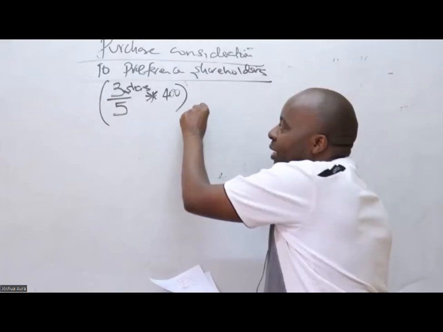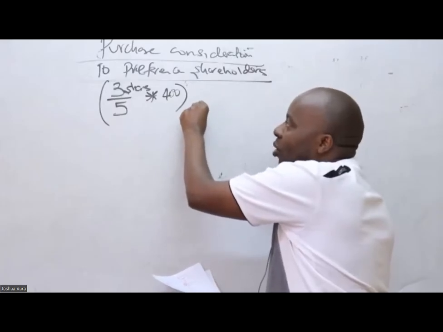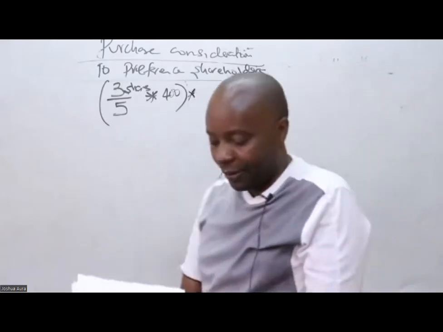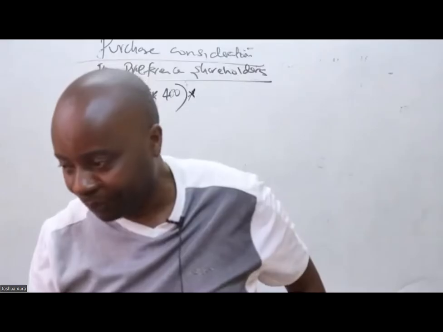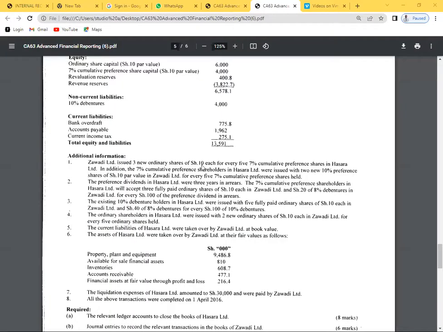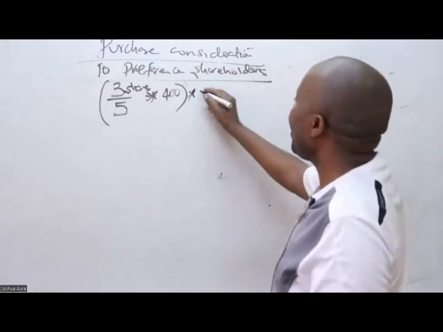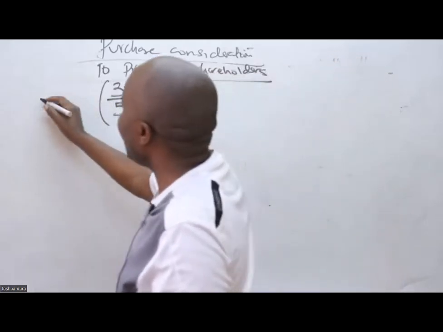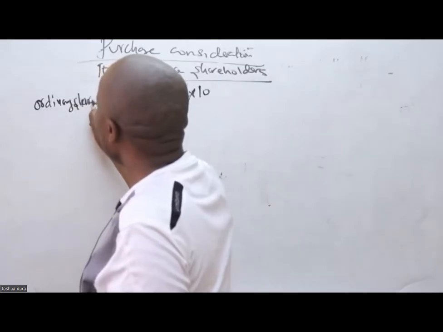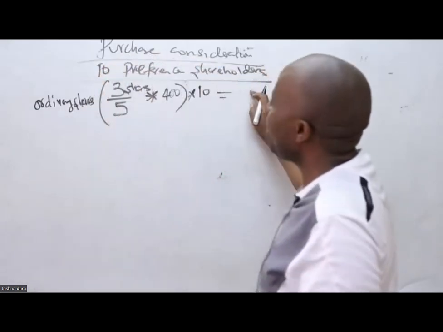So then what is the market price per share of Zawadi? Here there is a coincidence because these shares are basically worth 10. If the examiner wanted to confuse you a little bit, he should have put a different figure. So in this case, 3 new ordinary shares, each is worth 10. Remember, these are ordinary shares we are giving preference shareholders. So could you kindly do this?